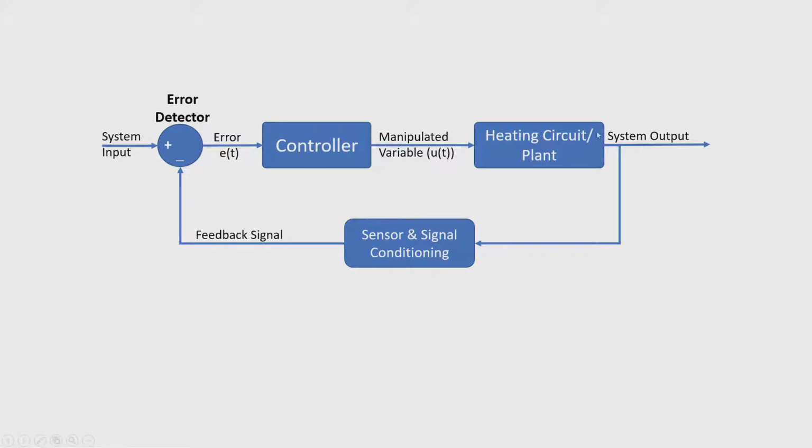Based upon the current temperature available on the heater, the sensor will sense it and give an electronic output voltage, which is fed back to the input of the system. As a result, depending upon how much input signal is available and what the output temperature is, it will measure the error. This error will be given as an input to the controller.